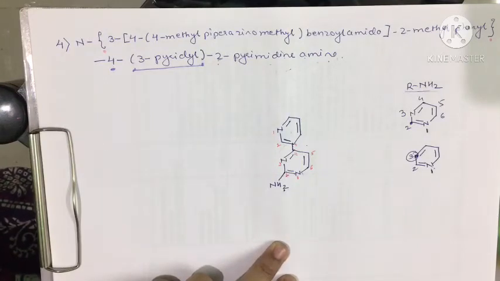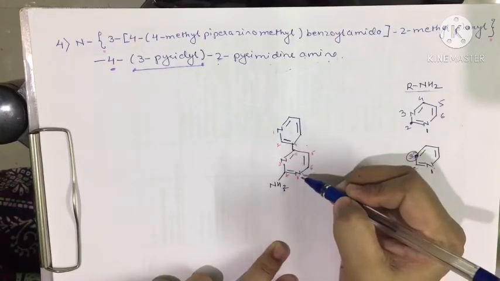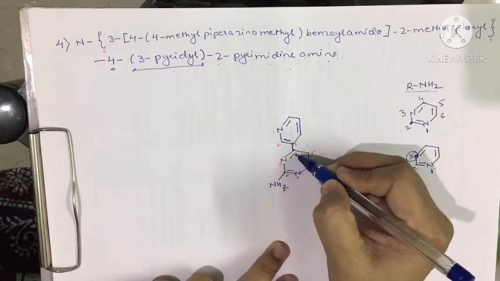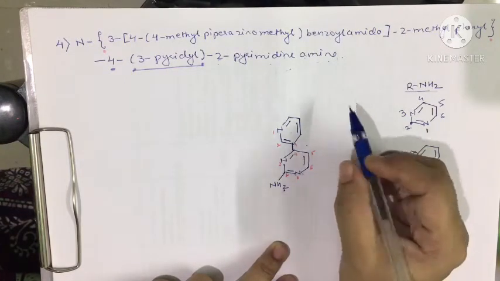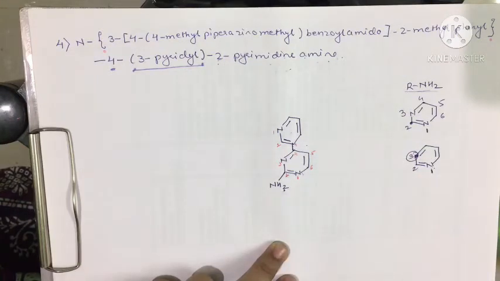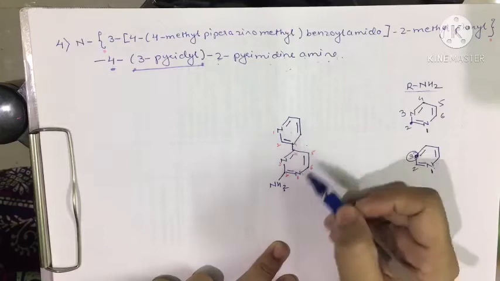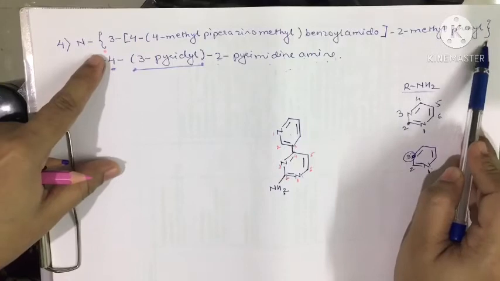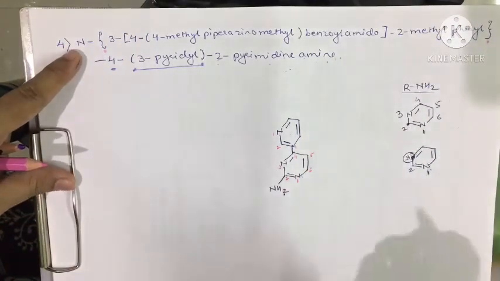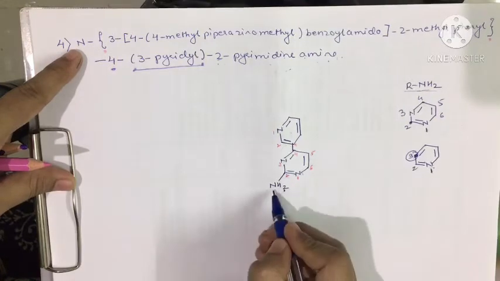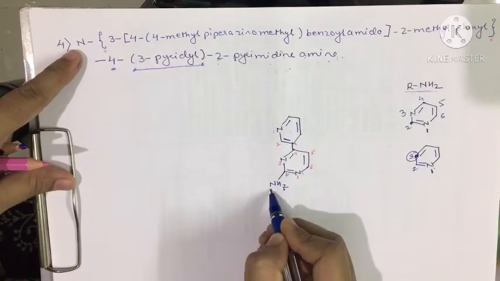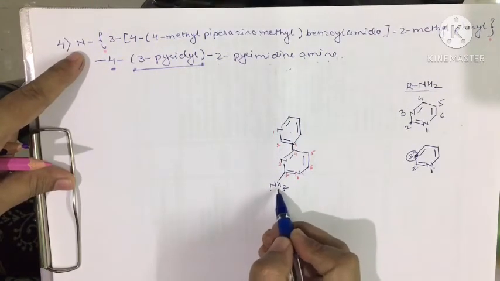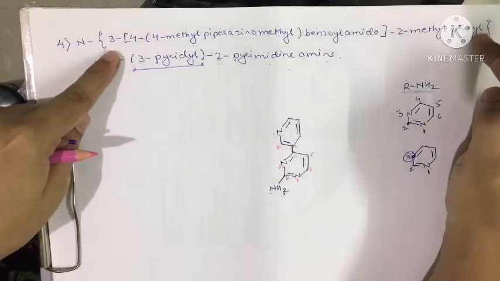Now if something is mentioned in the IUPAC name like 1,2-dihydro or 3,4-dihydro, then we can think that something is attached to these nitrogens. But since there are no such words mentioned in this IUPAC name, the complete curly bracket is attached to the nitrogen which is outside the heterocycle. That means the nitrogen which is in the substituent form. Now we will derive the structure. We will attach this substituent on this nitrogen.